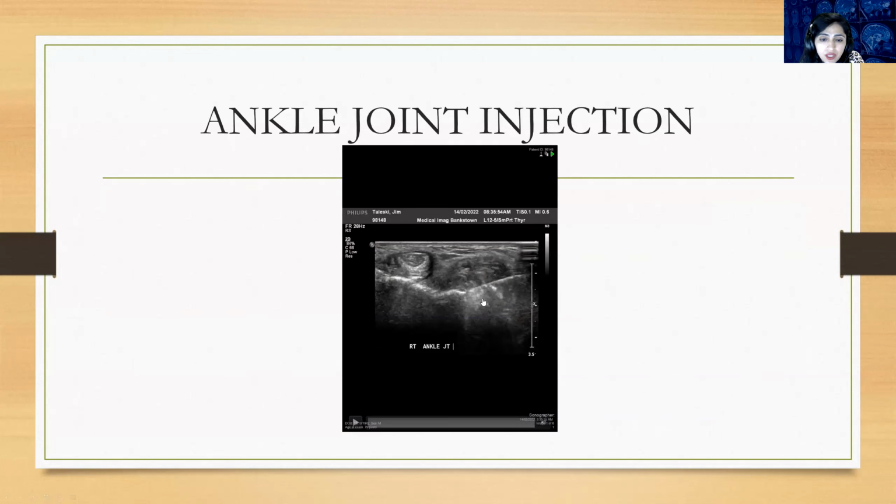So this is the ankle joint injection. Joint injections, I think, are pretty easy because once you touch the bone, you are sure that you are in the joint. The bursa injections are a bit difficult because you cannot be too far away from the tendon and you cannot be into the tendon. So you need to be very careful that your injection goes exactly at the top of the tendon. But with a joint injection, when your needle touches the bone, you know that you are in the joint. This is the ankle joint injection. This one actually has a lot of synovitis in this ankle.